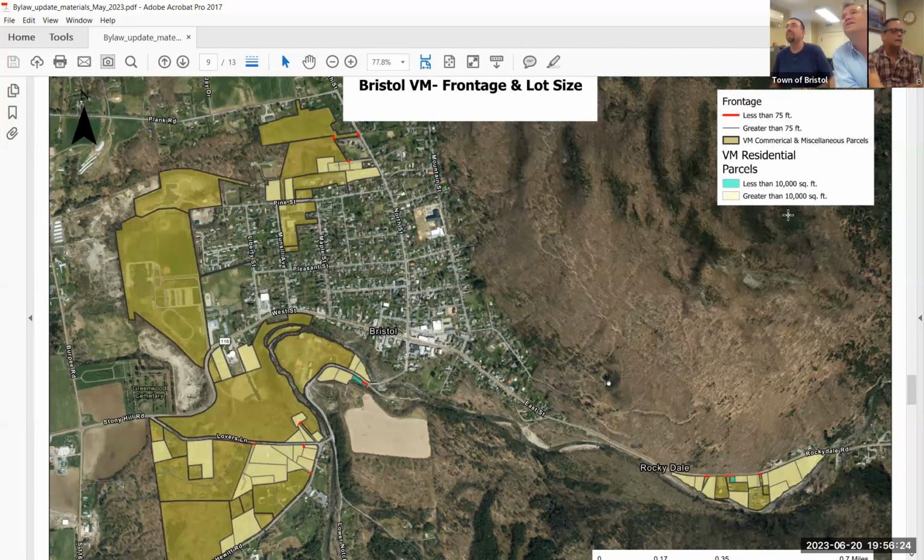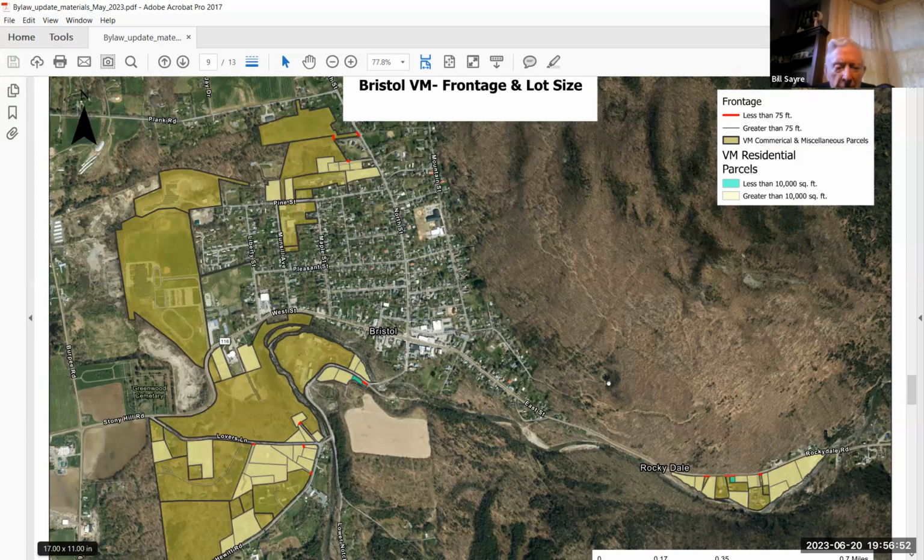Village commercial, and greater than 1,000 square feet. So your dark green is listed as commercial and miscellaneous. Your light green and teal are your residential parcels, as you've called out. They're all in the district, but it's a mixed district, so some are more commercial than others. So this change would be applying to the residential portion.